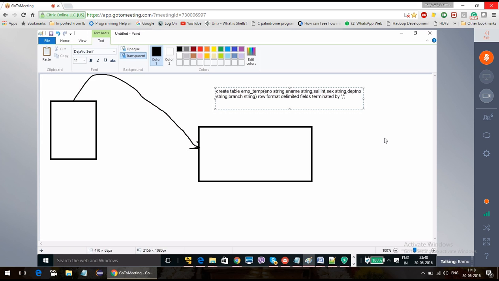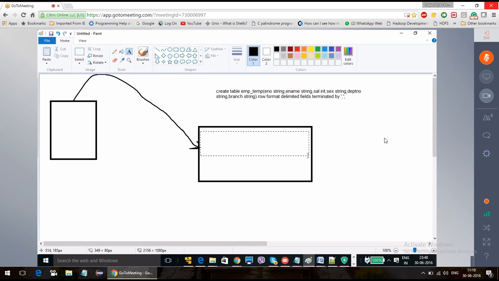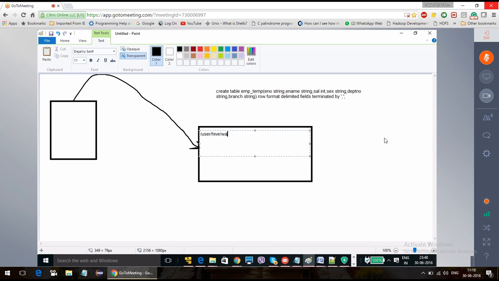Can anybody tell how the data is going to be created in our HDFS? I will give you the path: user/hive/warehouse. I am going to create emp_temp in my database called batch1100, so I already have the directory batch1100.db.